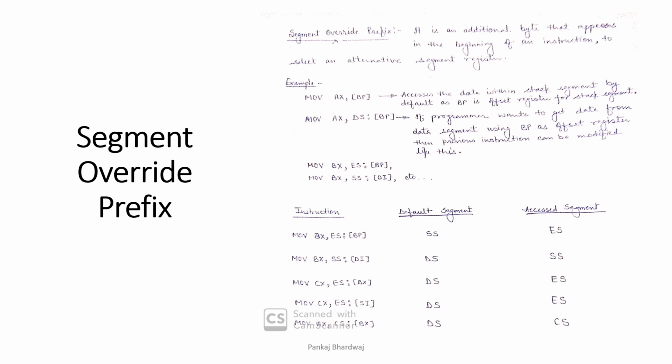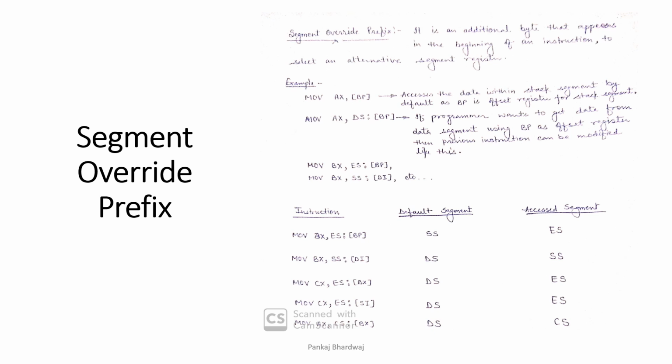Now coming to another important topic, that is the segment override prefix, which we use in the 8086 microprocessor. It is basically a prefix which can be added to almost any instruction in any memory related addressing mode. So if we are talking about any addressing mode, if it is memory related, then we can add the prefix to